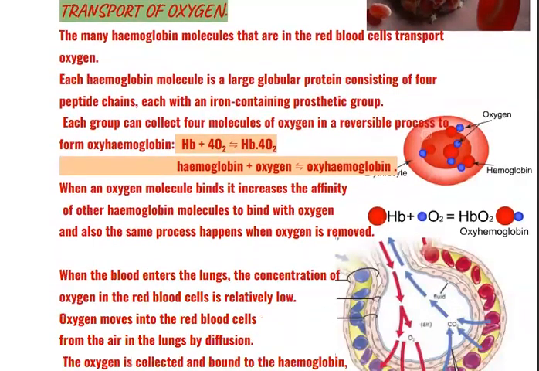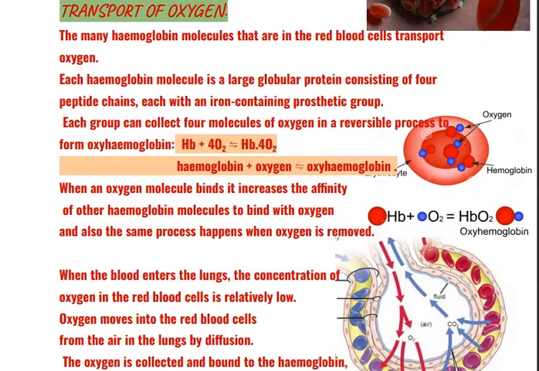Transport of oxygen. The many hemoglobin molecules that are in the red blood cells transport oxygen. Each hemoglobin molecule is a large globular protein consisting of 4 peptide chains, each with an iron-containing prosthetic group. Each group can collect 4 molecules of oxygen in a reversible process to form oxyhemoglobin, Hb+